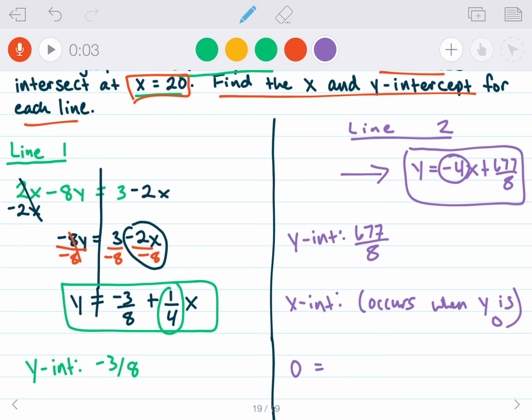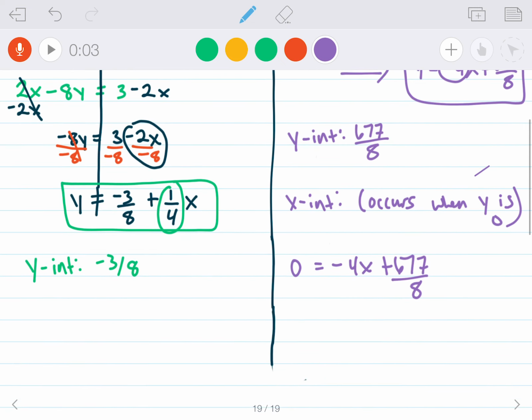So we have 0 equals negative 4x plus 677 over 8, and we're just going to solve for x. So I can subtract 677 over 8 from both sides. And if I divide both sides by negative 4,